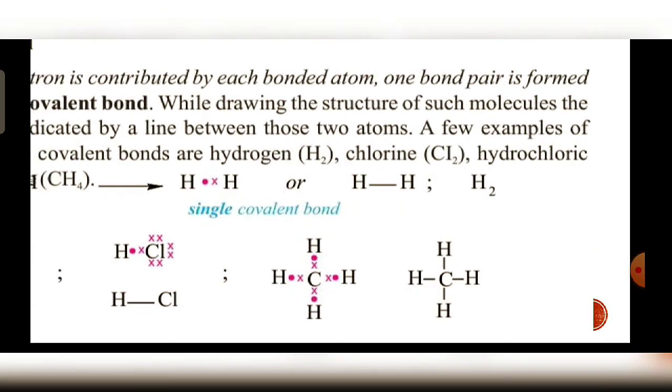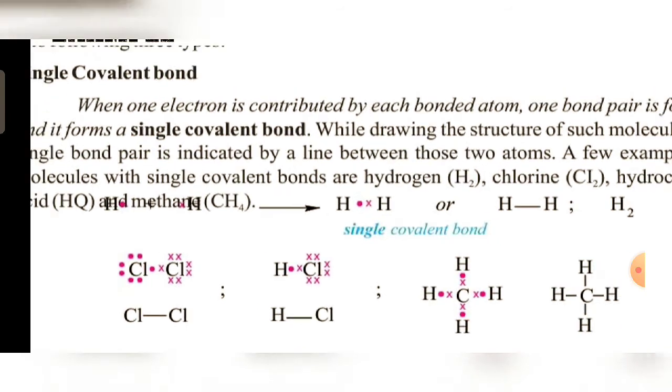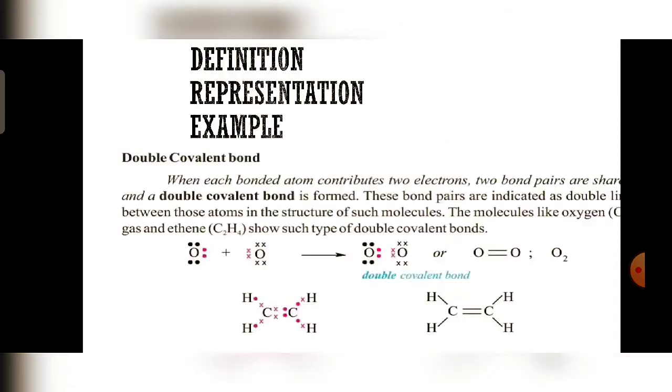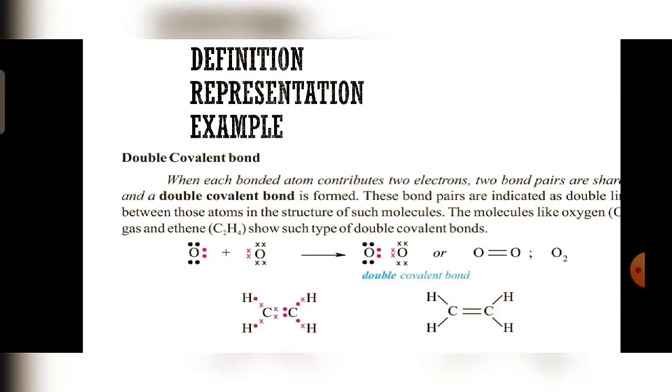Next will be, similarly, the example of methane. Here is the structure of hydrogen chloride, and you can see here hydrogen and chlorine will share and form one pair of shared electrons and form a single covalent bond. And next, the example of